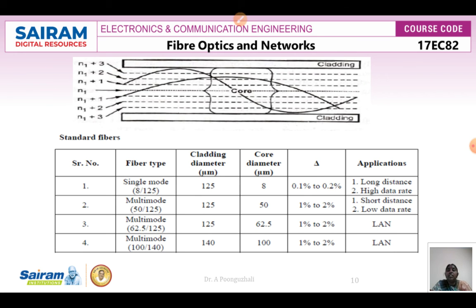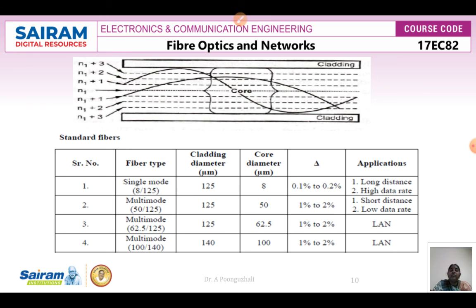So here we can see that this is the center of the core, which is going to have a higher refractive index, and the refractive index is going to continuously decrease towards the end of the core. When it decreases, the rays will be refracted, and when it reaches the core-cladding interface, the rays will be refracted back towards a higher refractive index. Again, from higher refractive index, it will go to lower refractive index. So it is going to follow an oscillatory fashion, and different rays are going to enter into the fiber with different angles.